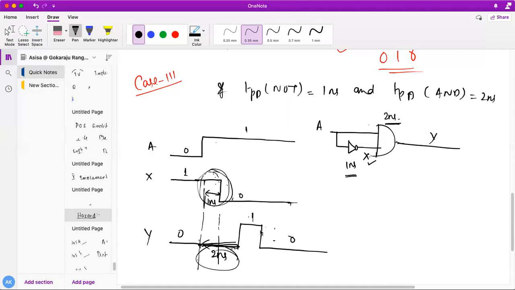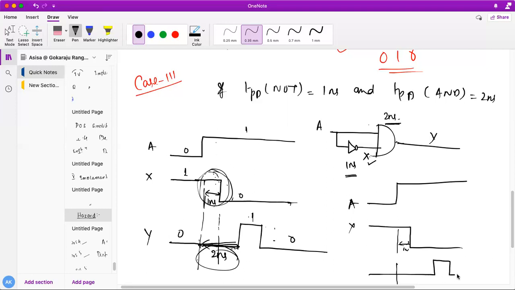Okay, do you all understand how this waveform is? So initially how is my A? My A is like this. Because of X's 1 nanosecond delay, I am getting the output change after 1 nanosecond. So this is my 1 nanosecond. Next my output will be what? Output will be nothing else. After 2 nanosecond I will get output. So obviously what will happen after 2 nanosecond? I will be getting the output from here. So this is my output after 2 nanosecond. And here there is a change actually. Initially my output will change over here as well.